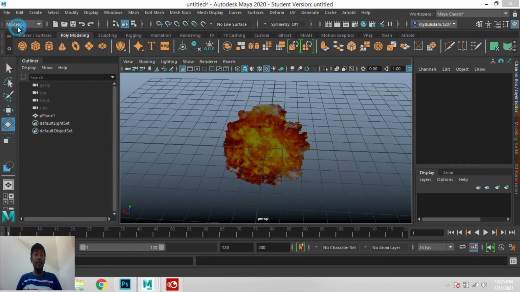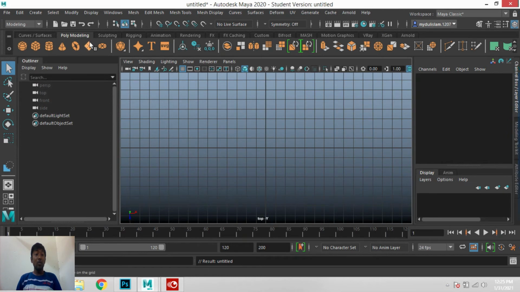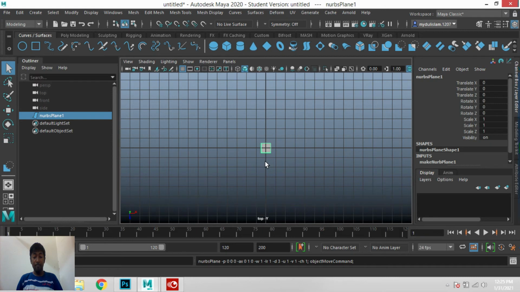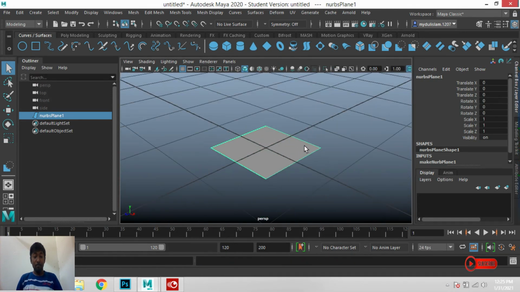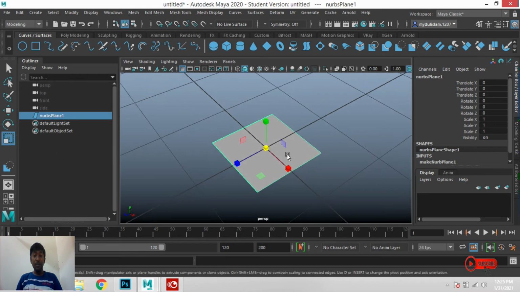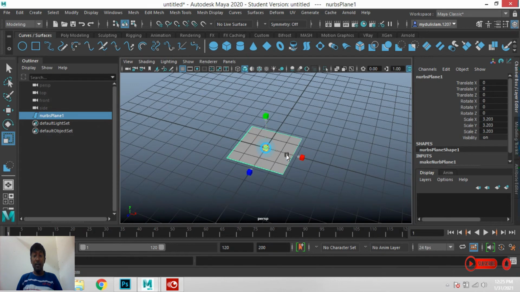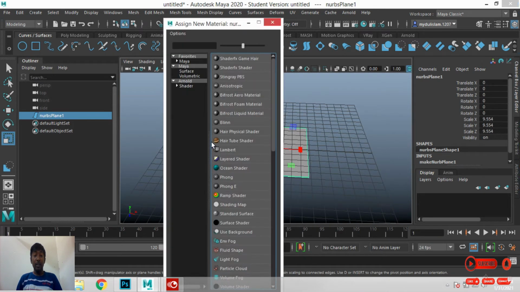Take another scene. First, go to Curves and Surface. Take a polygon plane. Go to perspective view. Scale this one. Right click, assign new material.